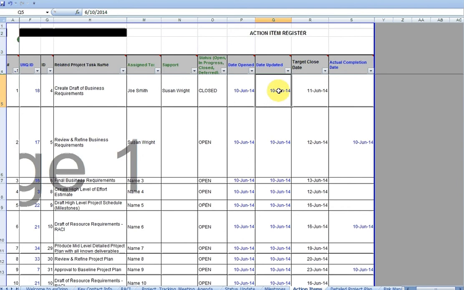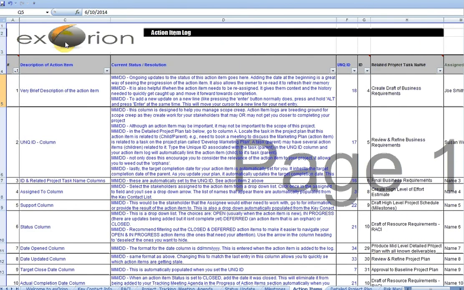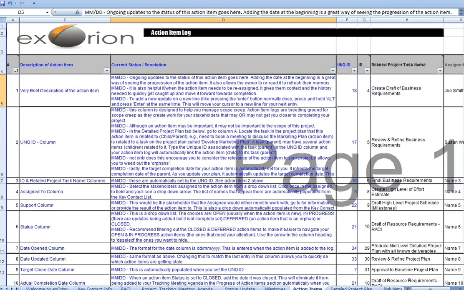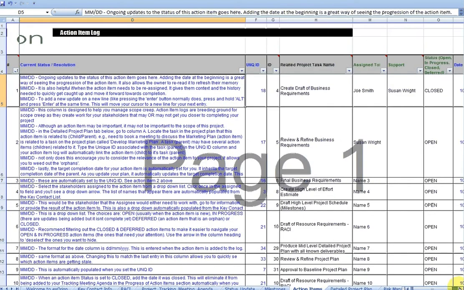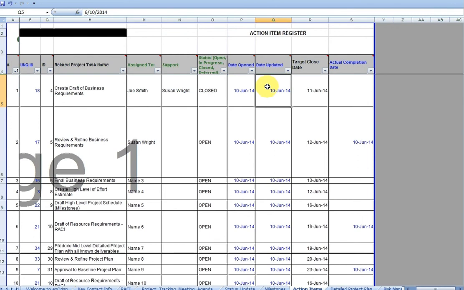Of course, date updated, this is the one I typically change. When I do an update to the action log, I add a comment over here, and then I just scroll over here and change the date, and that's basically it. Once an action item is closed, you want to take the date that it was updated and put it also in the actual completion date. This is important. If you change this to closed, you have to put a date in this field, because what happens is